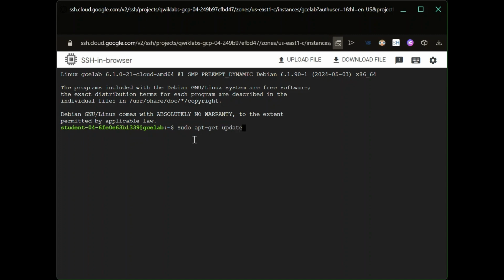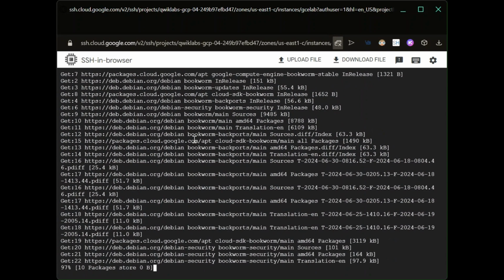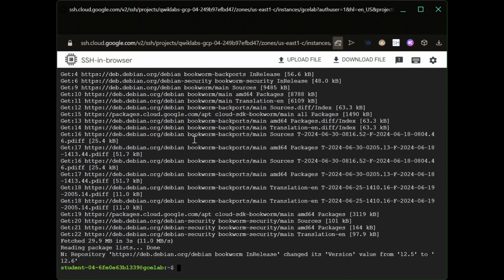Now, what this command does is it updates the list of packages and their versions. Basically, it's used before installing new software to ensure that you're getting the latest version of packages.